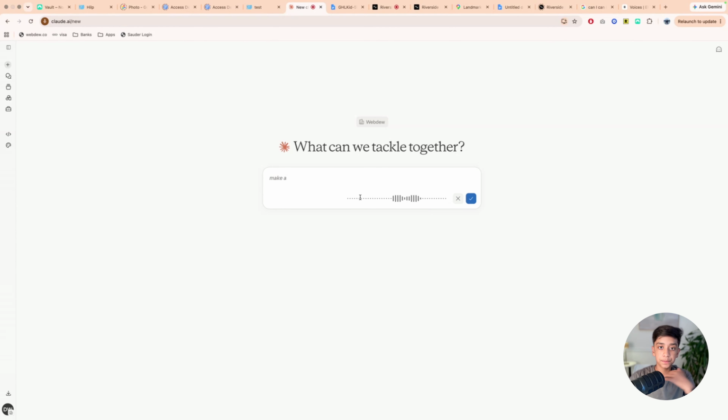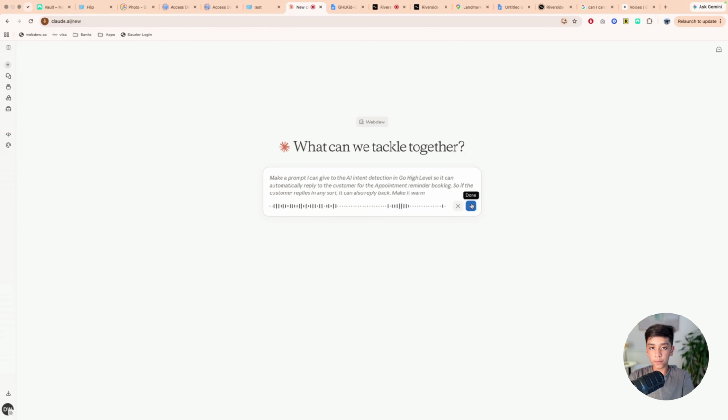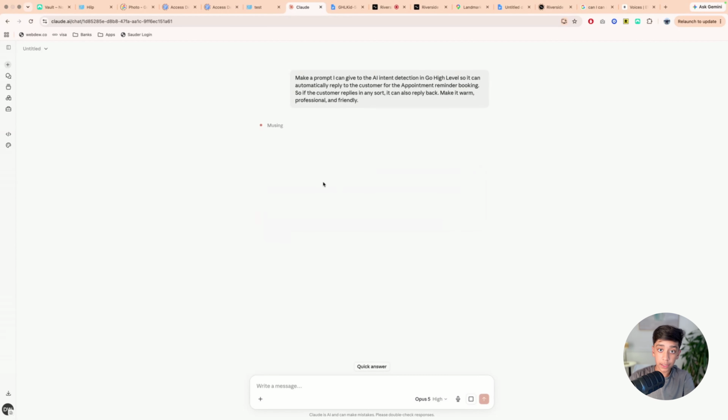Make a prompt I can give to the AI intent detection in GoHighLevel so it can automatically reply to the customer for the appointment reminder booking. So if the customer replies in any sort, it can also reply back. Make it warm, professional, and friendly. So just like that, I made the prompt so I can give to Claude, and I'm going to click send